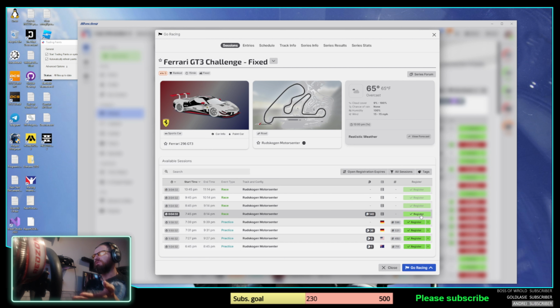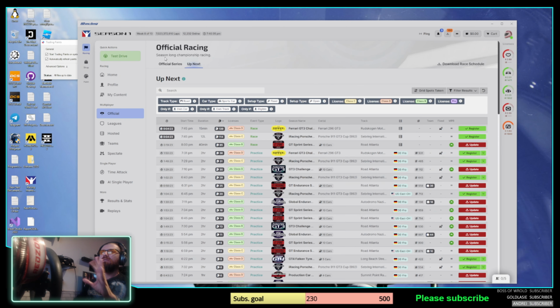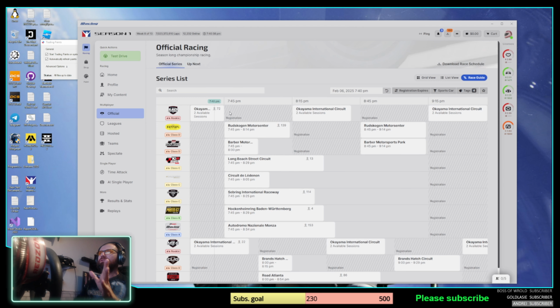You check if the register is open, the register button, which will open 30 minutes before every race. So this is how you start a race. Let's cover the page, Official Series. This page is very important for you because here you can see in a graphical mode